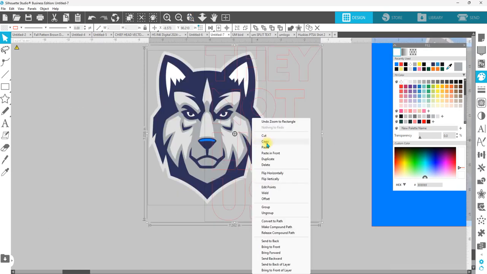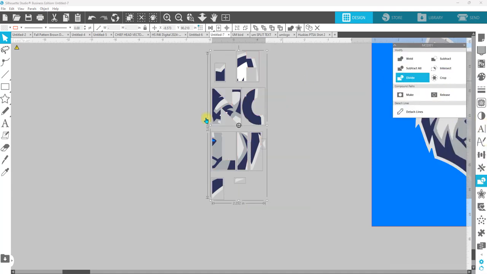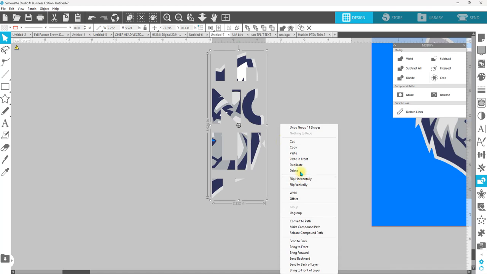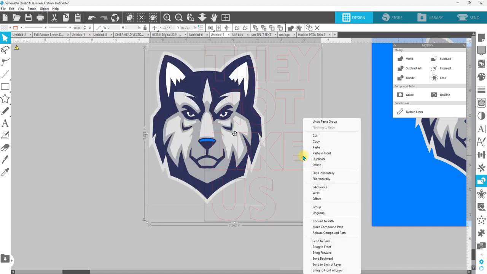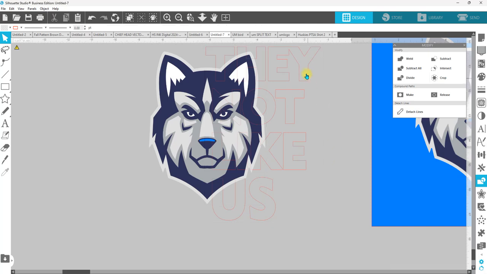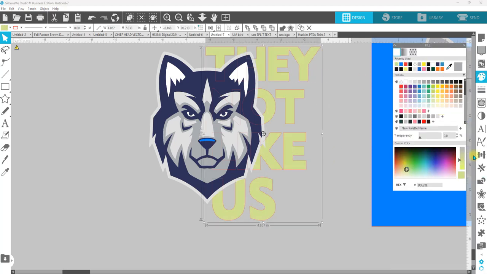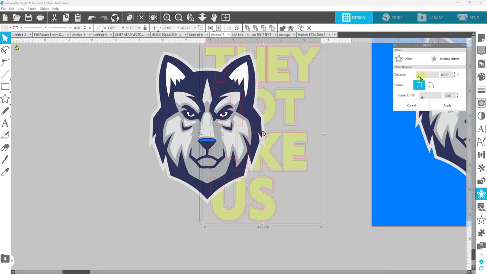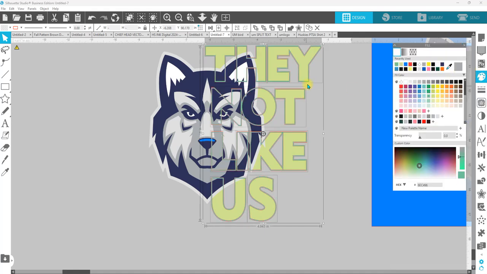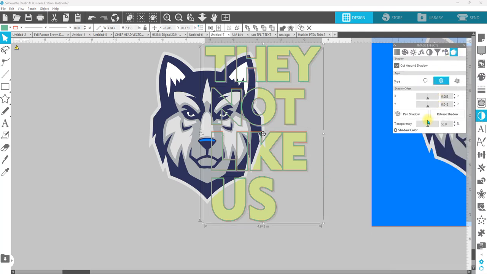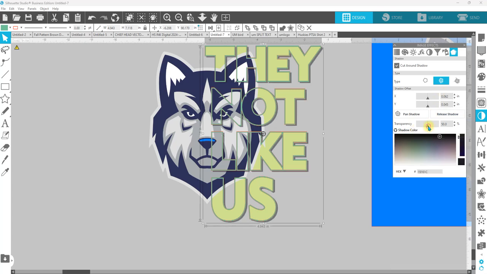We have to do another copy. So copy, crop, group, paste in front, send to the back, fill with color, offset, fill with color, group, shadow, release,